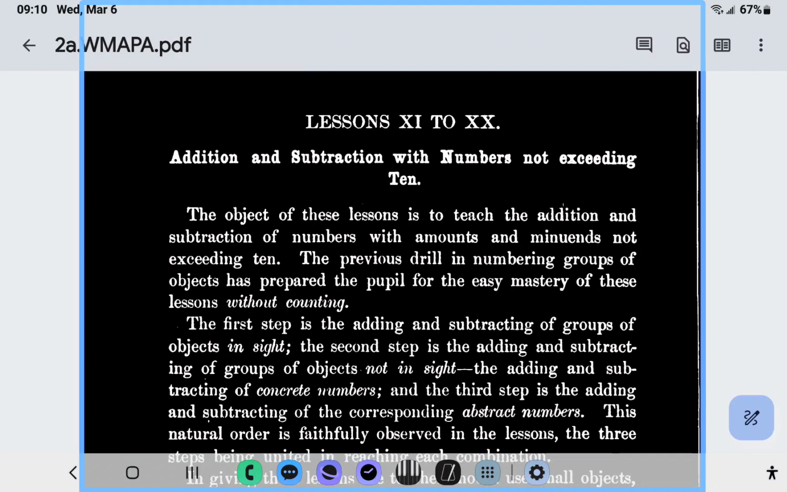The second step is the adding and subtracting of groups of objects not in sight, the adding and subtracting of concrete numbers, and the third step is the adding and subtracting of the corresponding abstract numbers. This natural order is faithfully observed in the lessons, the 3 steps being united in teaching each combination. In giving these lessons, the teacher should use small objects, as in the previous lessons, and great care should be taken not